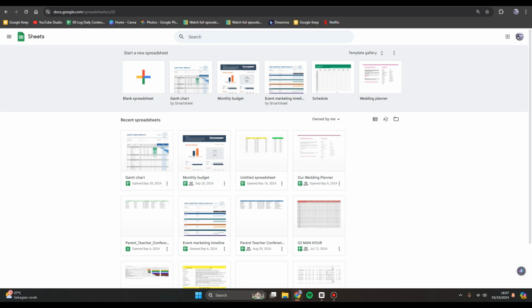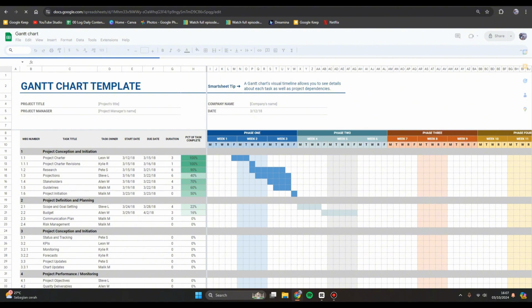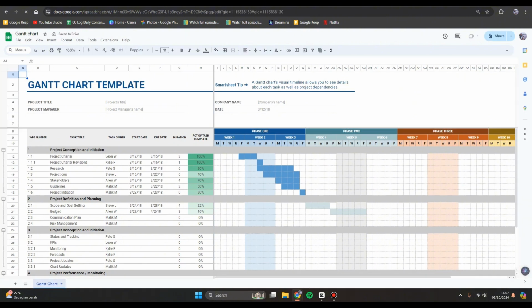On today's tutorial, I'm going to show you how you can make Google Sheets editable by everyone. So in here, you can just open the Google Sheets that you want to share. For example, in here, I'm going to open this sheet. And now you can see that the current status is private to only me, so only I can edit the